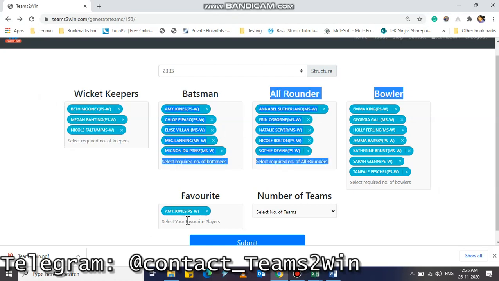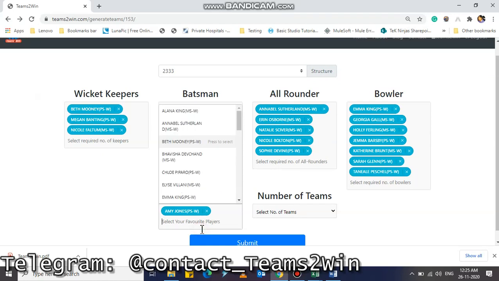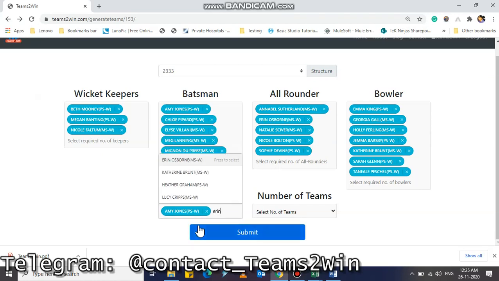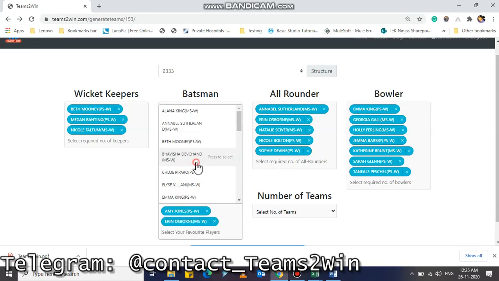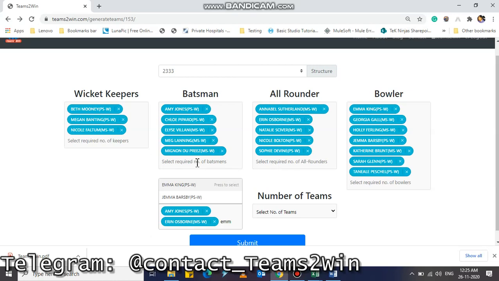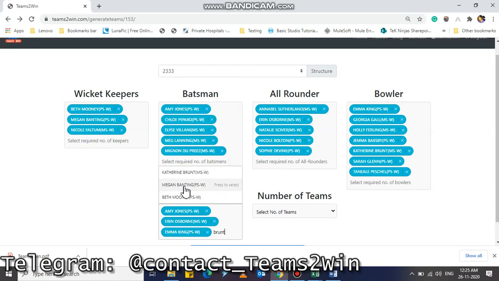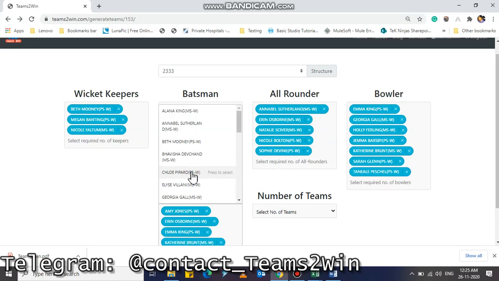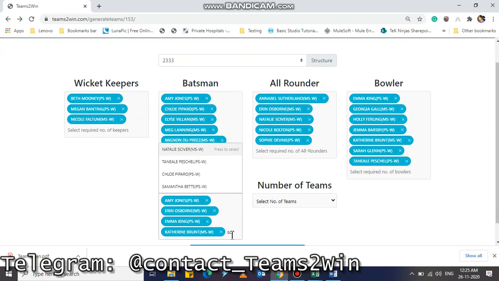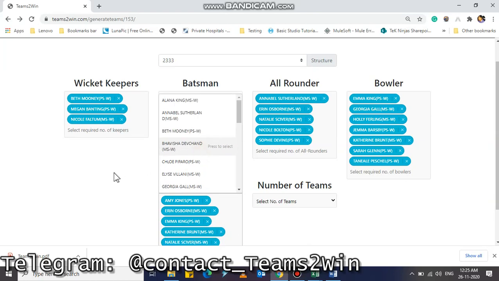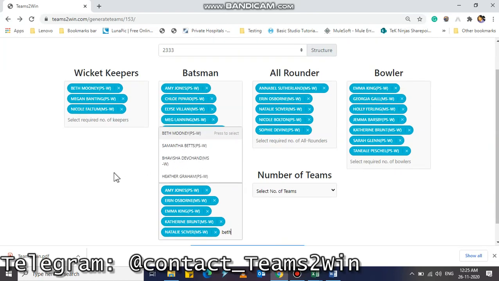So I'll select Amy Jones, and Erin Osborne, all-rounder Erin Osborne, Emma King, Catherine Brandt, and Beth Mooney. I'll go with another all-rounder, Nat Sciver-Brunt, and Beth Mooney.